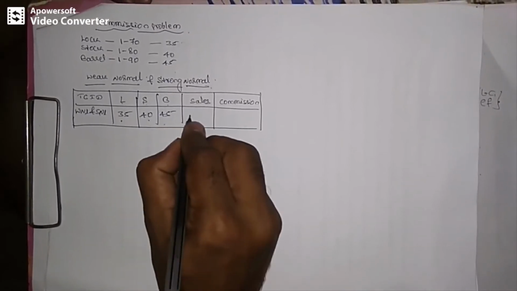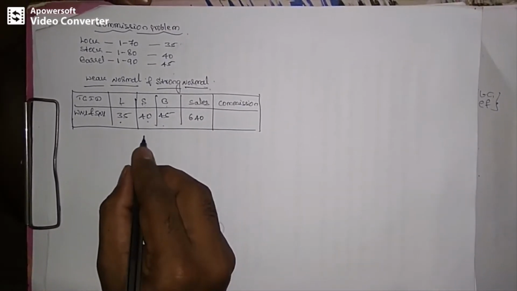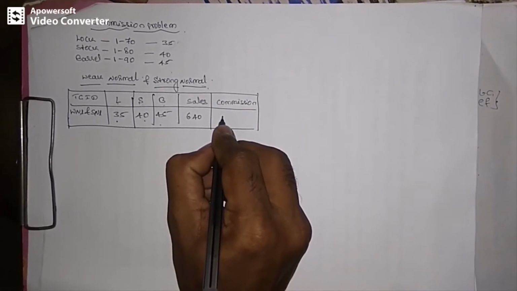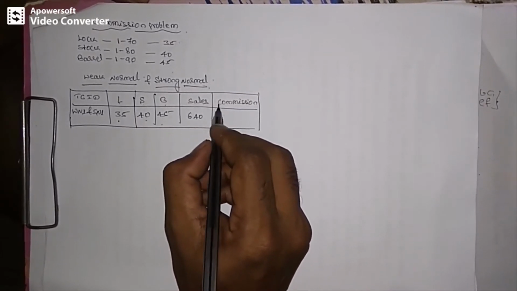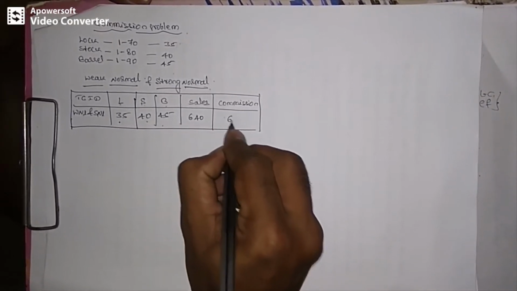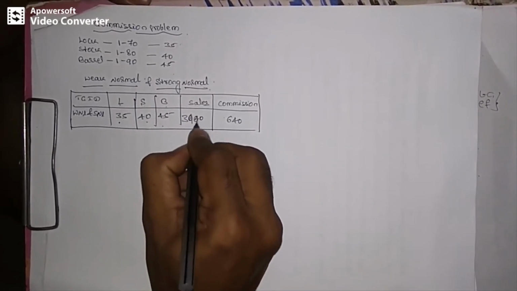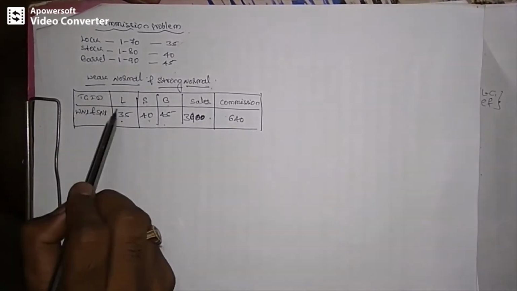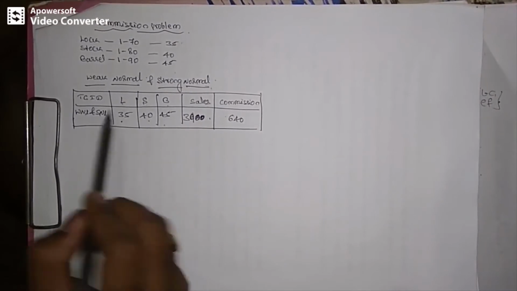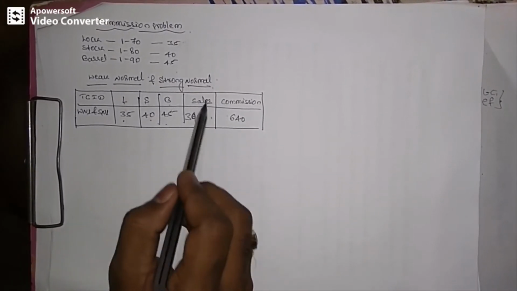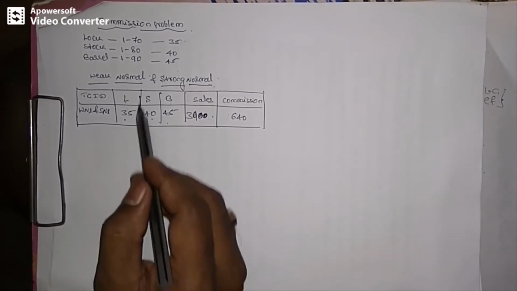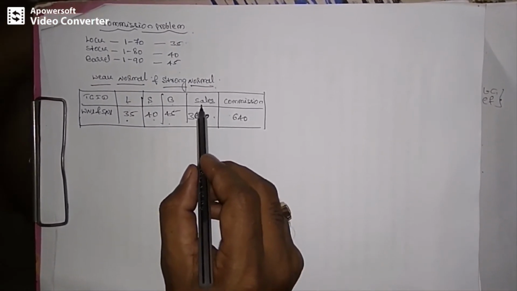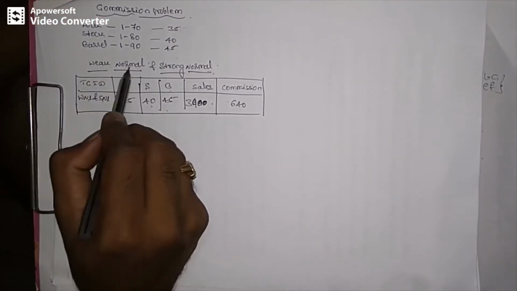So the total sales I am going to generate will be 3900, and the commission will be 640. However, you may specify 111 or 222 or 55 or 25, 26, 27; some sales and some commission will be generated. So only one test case, one possibility of outcome, will be there. That is, we will generate the sales and commission as the output result for weak normal and strong normal test cases.